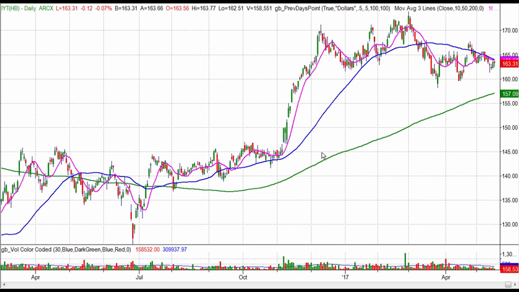Now, if we look at the transportation, which got off to a really strong phase after the election, it has really gone nowhere since, right? It's gone nowhere in 2017. And to make matters worse, the 50-day moving average slope is now down, and the price action can't seem to get above it.